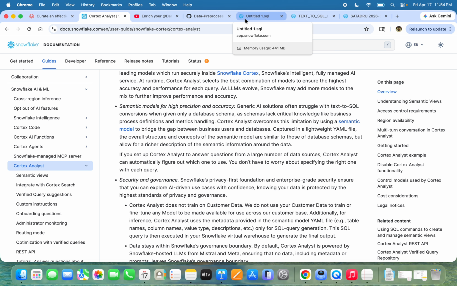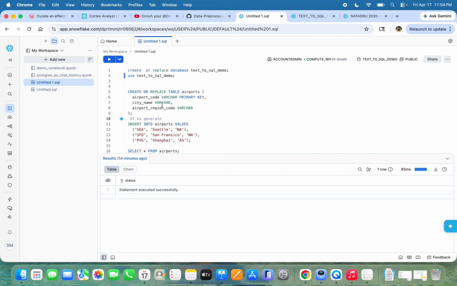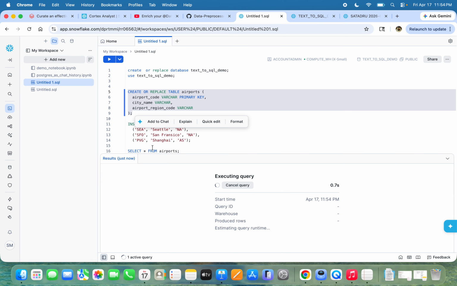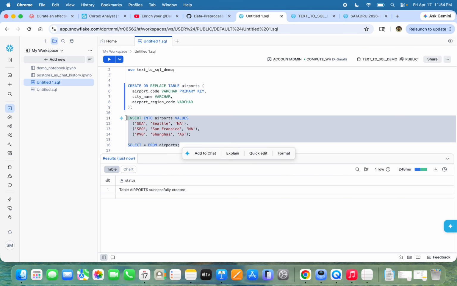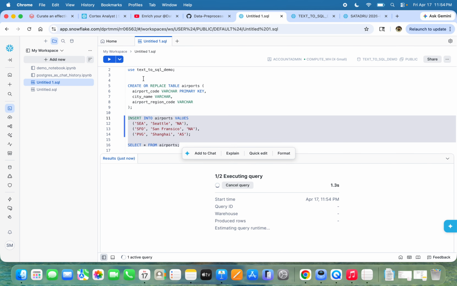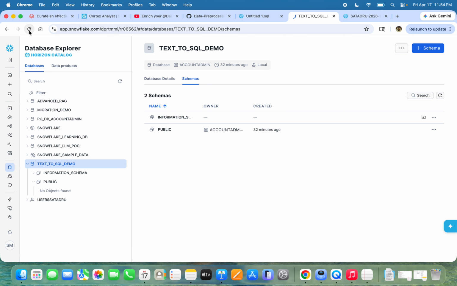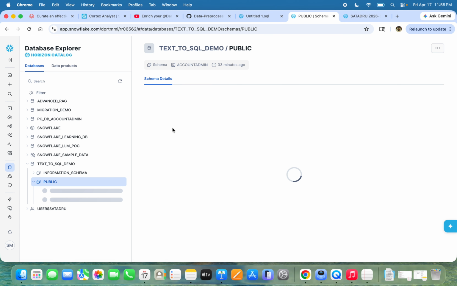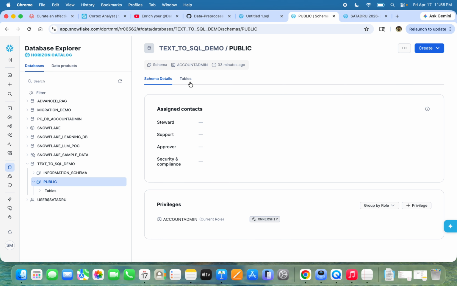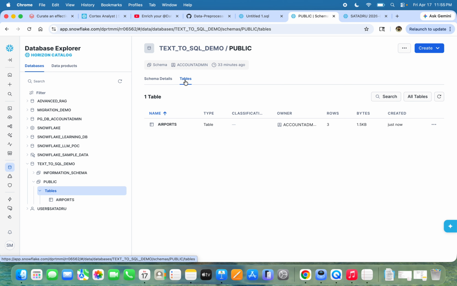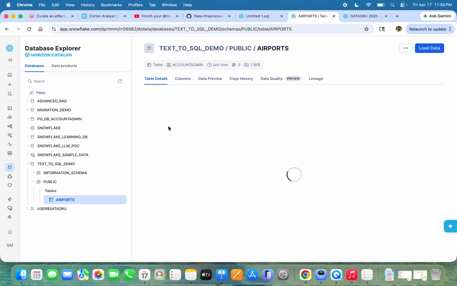If you check any system, no matter whether it is Databricks or Snowflake, they provide this functionality by default. If I just create a table in Snowflake, I can show you, and then maybe let's insert some dummy data in it. And then if I go to the catalog and refresh once, and within the public schema, here we will be able to see the table we just created, the airports table. And if I go inside that,